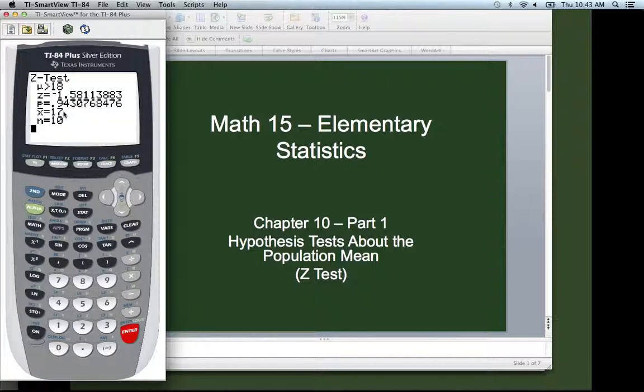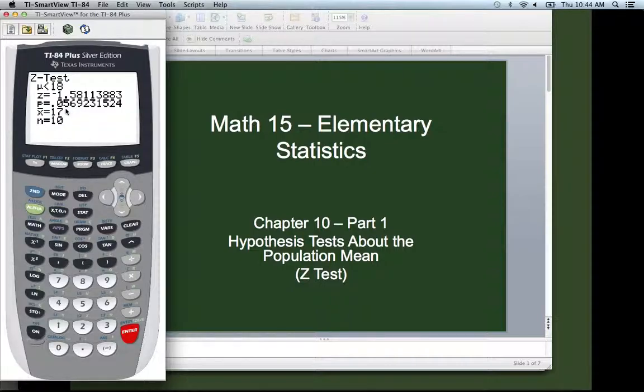So that p-value is way too big. So where did I go wrong? I didn't use the right direction of extreme. So let me go back and show you what happened here. Back to stat test, back to the z-test. So I went right by this. I entered all the numbers correctly, but I skipped right over the alternate here. And the alternate in this case, this is a direction of extremes to the left, so I need to pick the less than. And now when I say calculate,